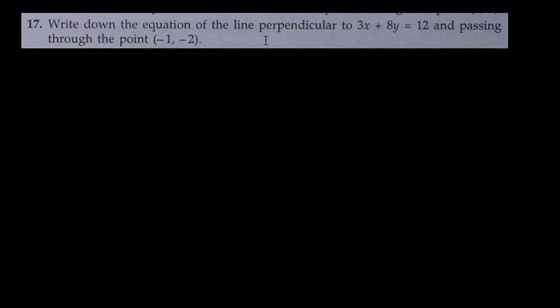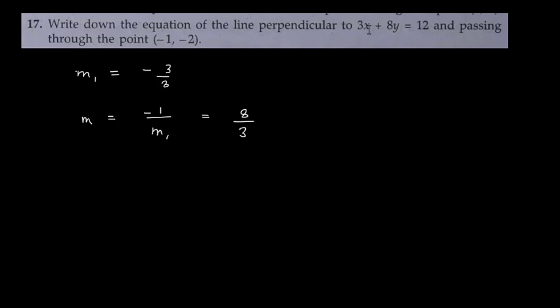Now here 17th question is write down the equation of line perpendicular to this and passing through this. So I think you can solve this problem. Required line is perpendicular to this, that means you will first find the slope of this line, which you can say that is m1, and the answer which you will get is minus 3 upon 8. So the slope of required line can be written as m is equals to minus 1 upon m1. Okay, m into m1 is equals to minus 1. Therefore I can write like this, and this you will get as 8 upon 3.